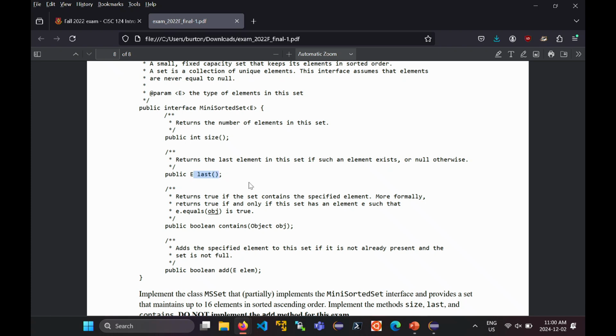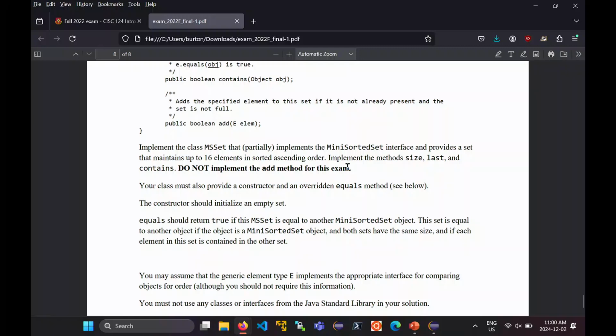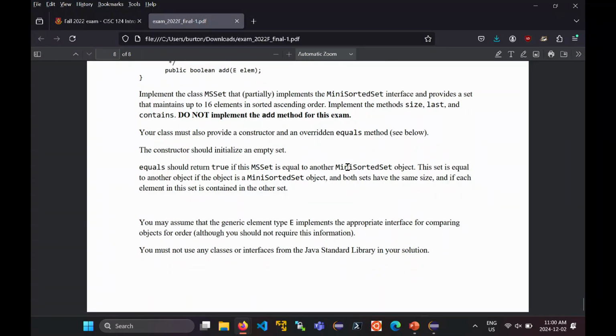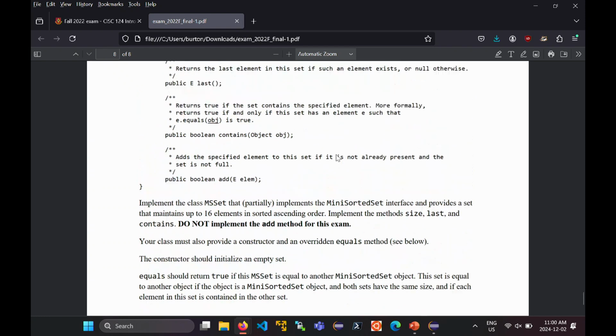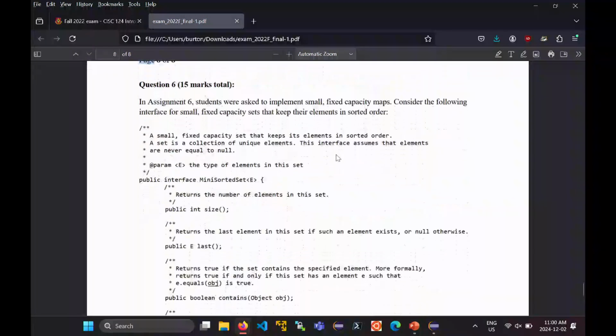You have to decide when you implement this thing, are you going to keep the elements in sorted order or not? You don't have to. And I think the question says don't bother doing it because it's actually hard. It's harder to do it that way. Where is it? Does it tell you not to do that? Oh, it doesn't tell you to do that. Okay, so